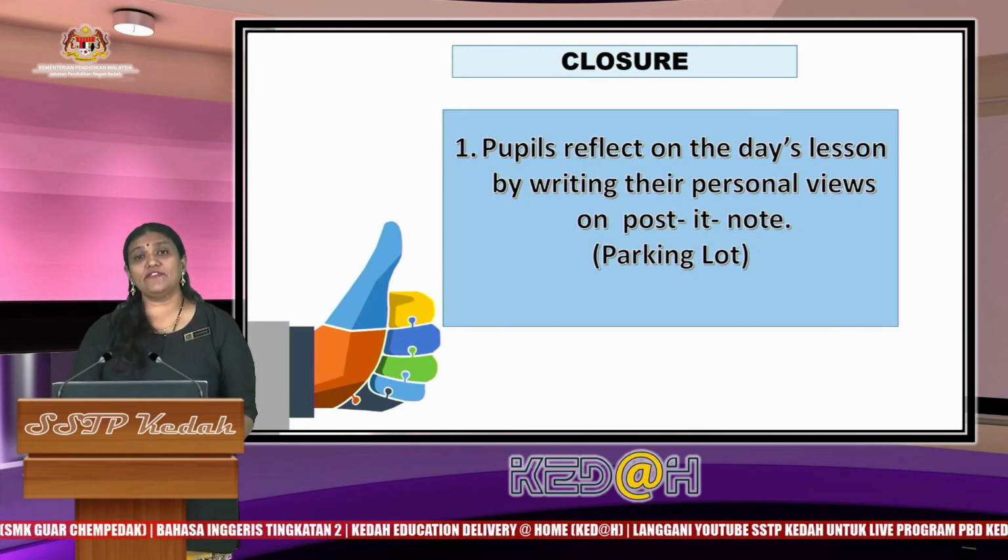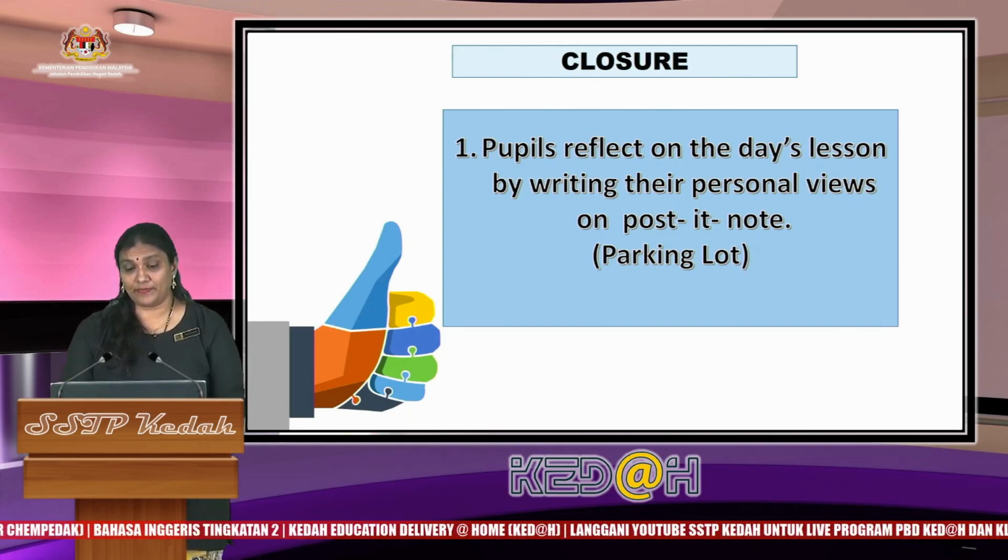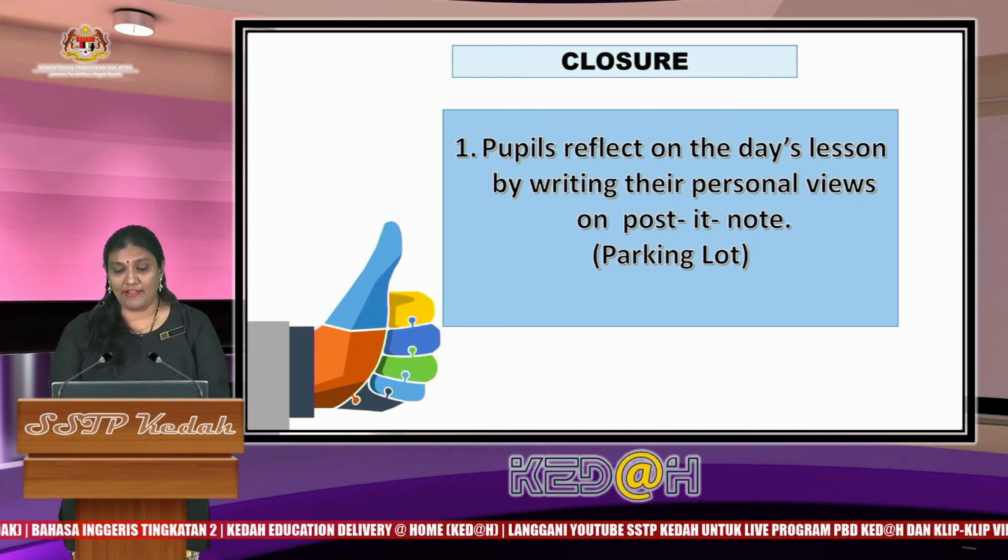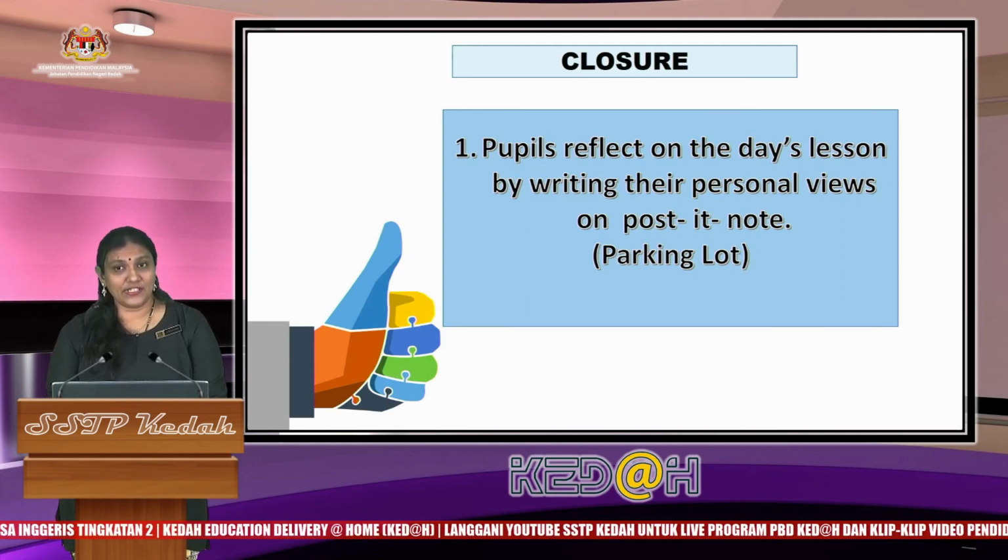Teachers, as for the closure of my lesson on that day, I choose to have a parking lot method, which is again another 21st century learning method. Why do I choose this? So that we can use this strategy